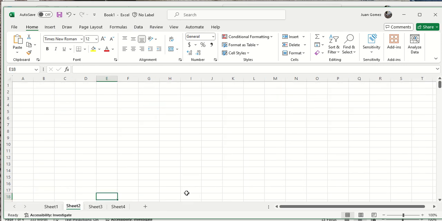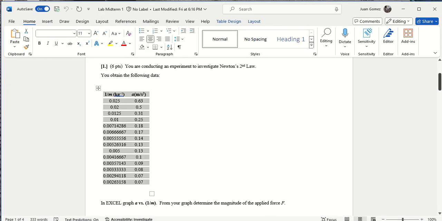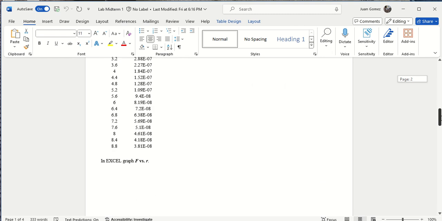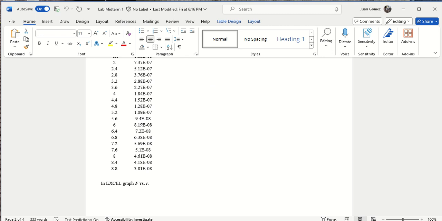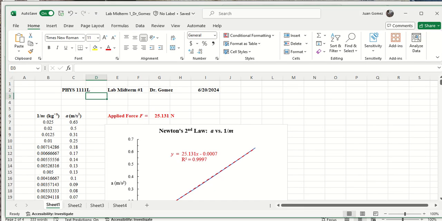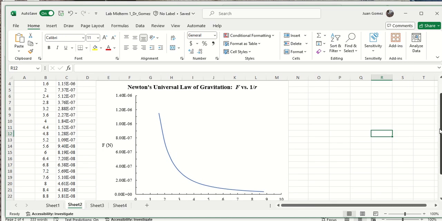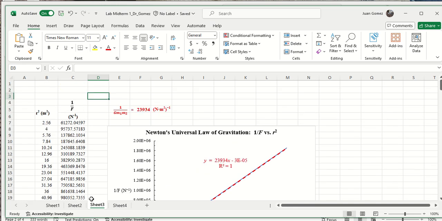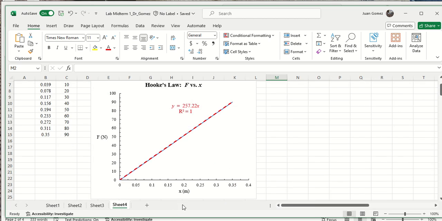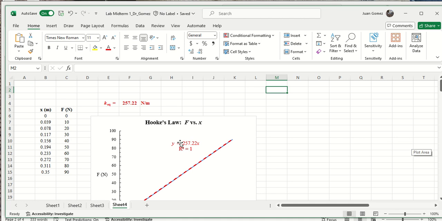Then do the same. Now for sheet 2, you're just graphing the data. It's not a linear graph. So in sheet 2, remember part A, you're just graphing F versus R for the universal law of gravitation. Remember, it's an inverse square force. So your sheet 2 should look like that. Then sheet 3, you're graphing again 1 over F versus R squared. And the slope is going to be the 1 over G M1 M2. And then sheet 4, yours should look like that, where you graph F versus x and your slope is the